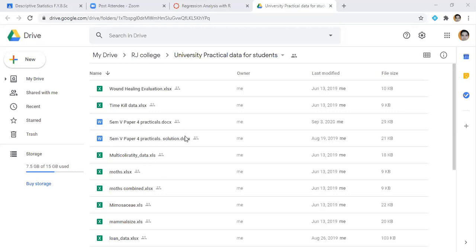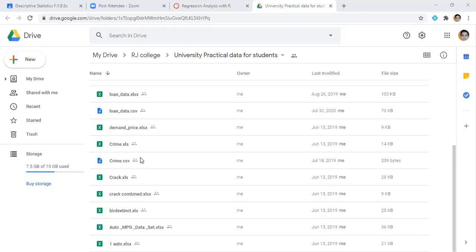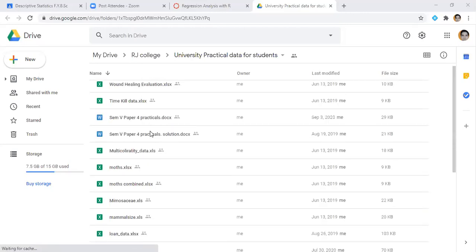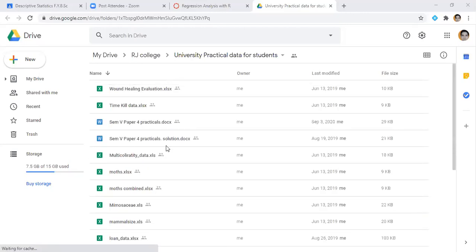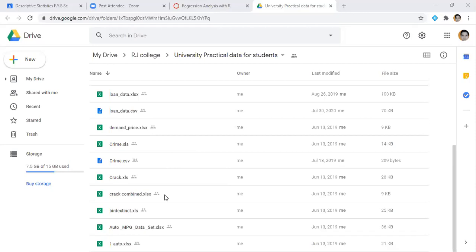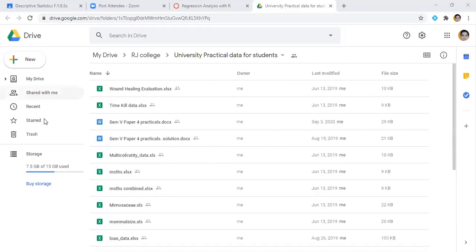And here all the data is there which we are going to use for the coming sessions. You can access this. Let me know whether you can access this data or not. If not, then I have to collect all email IDs and submit them, because sometimes it is accessible and sometimes it shows no access.